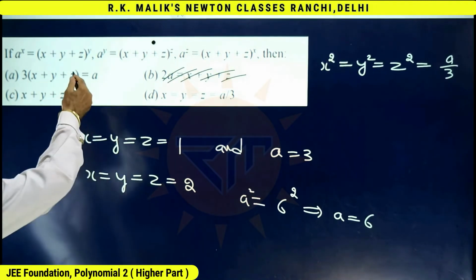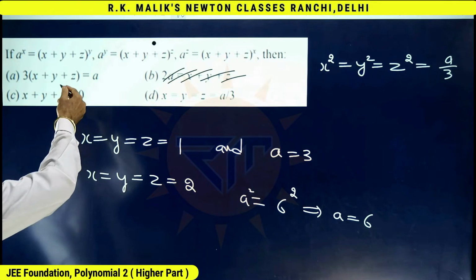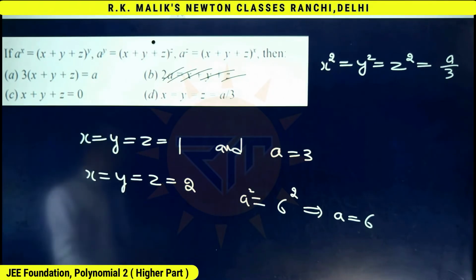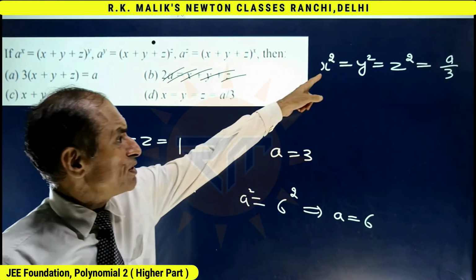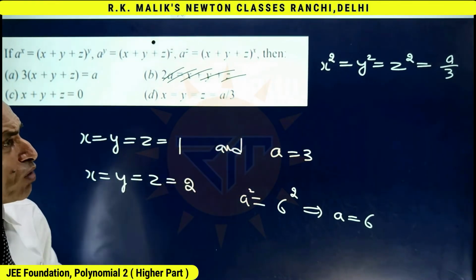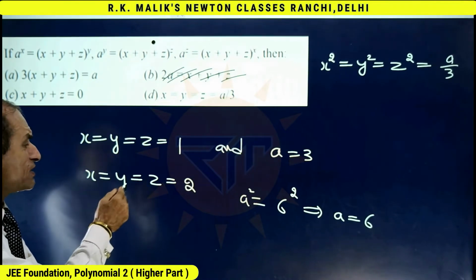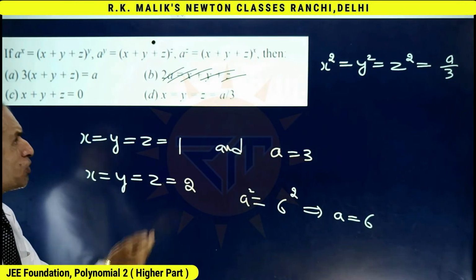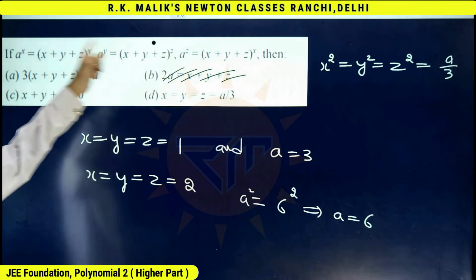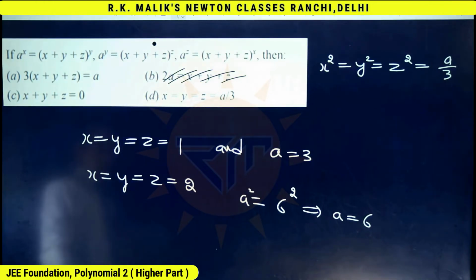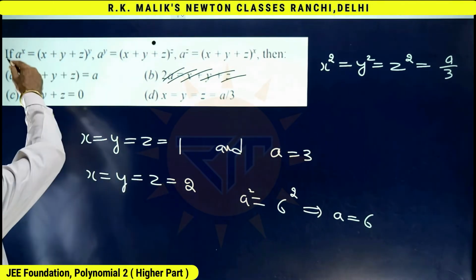For the second part, I will not be checking these two because these two have been already rejected. Only confusion was there between this and this, and to remove this confusion, I took the value of x, y, z equal to 2, and because I wanted that this condition also must be satisfied,